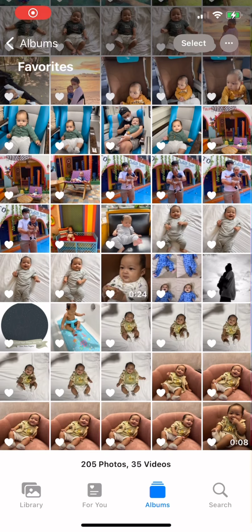Hi guys, welcome back. In today's video, I'm going to show you how to duplicate photos on your